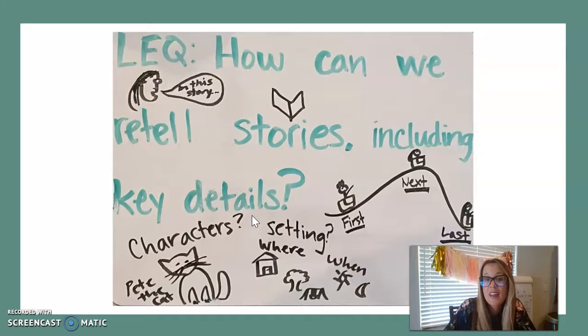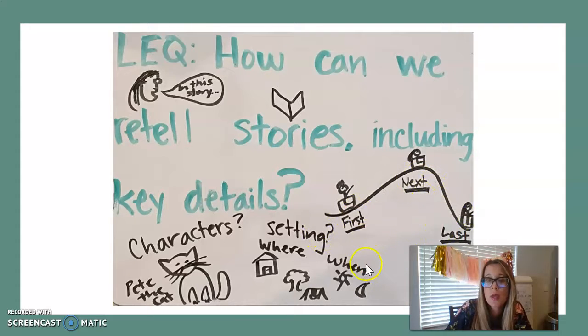So when we're retelling our story, the key details are going to be the characters, who is in the story. So I drew Pete the Cat, but remember, it could be people too. Your setting. Where did your story happen? Is it at home? Is it at the park, outside, in the forest? And even when? Is it during the day, at night? Remember, we could even talk about the weather as part of the setting. Was it a rainy day, a sunny day? Okay, my friends? And then the other big part of key details when we retell a story is our roller